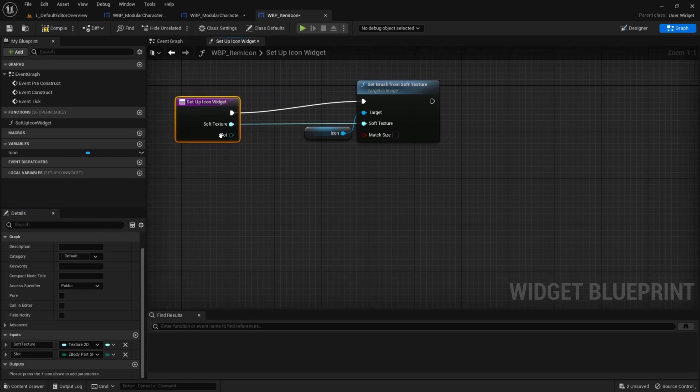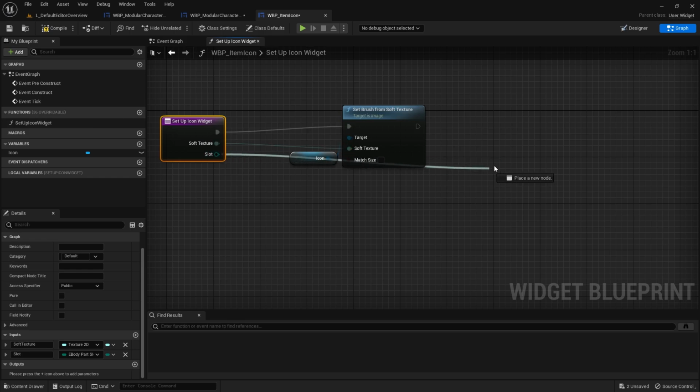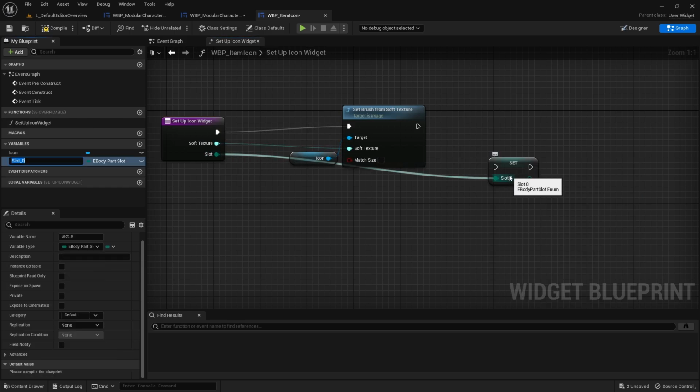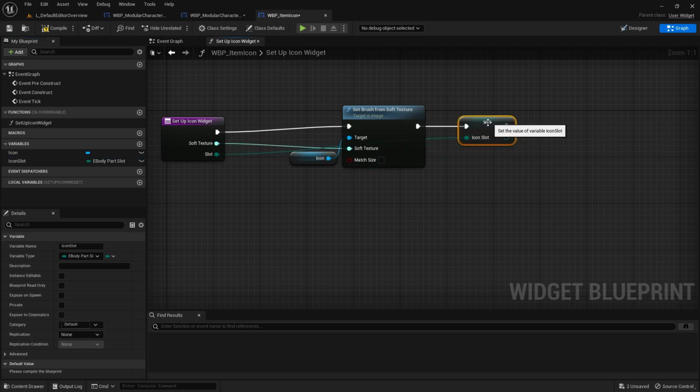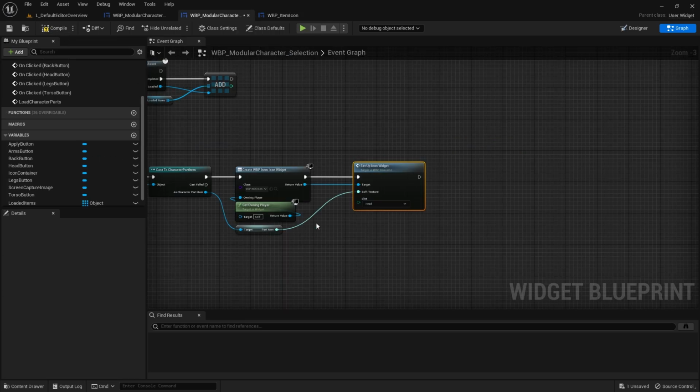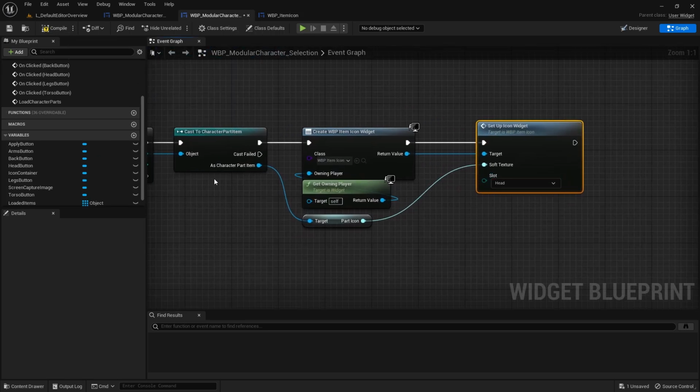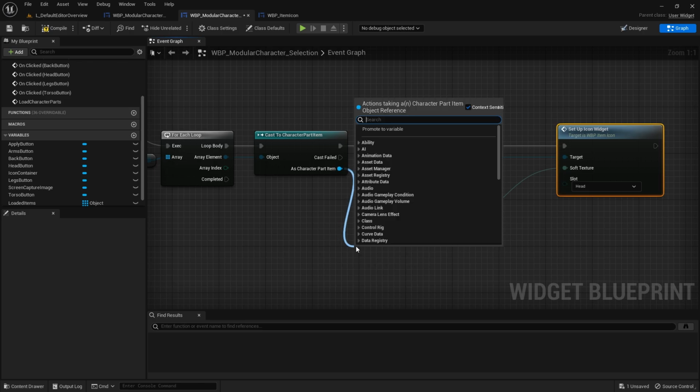And here we want to actually set a variable on this class. So this is our icon, or let's just call it slot. Oh, that's already in use. Okay. Icon slot. Screw it. We'll try to remember it. Save that. And we actually want to set up this icon widget and pass it the,